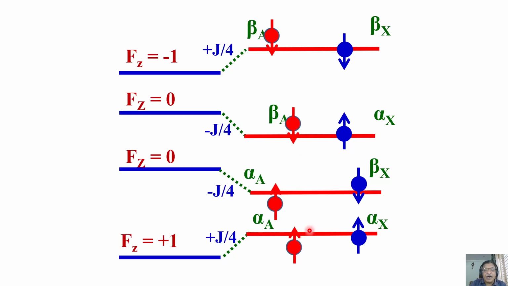And beta a is coming to alpha a. This also allowed transition from 0 to +1. The difference is 1. 1 to 0 again allowed. So -1 and +1, this thing, the change in the magnetic quantum number between two different energy states is +1 or -1 allowed. So what are these transitions?